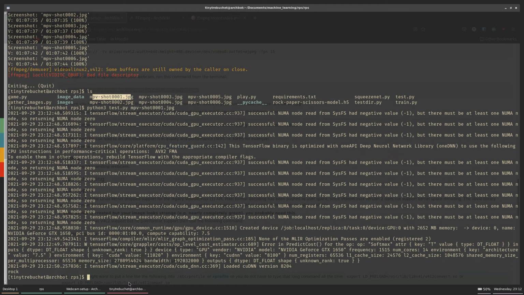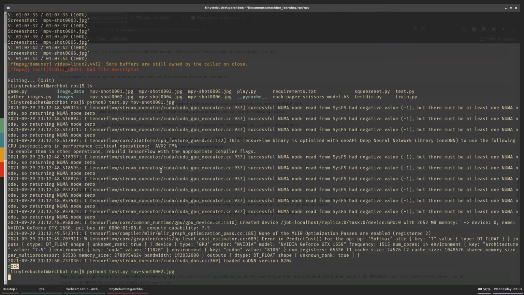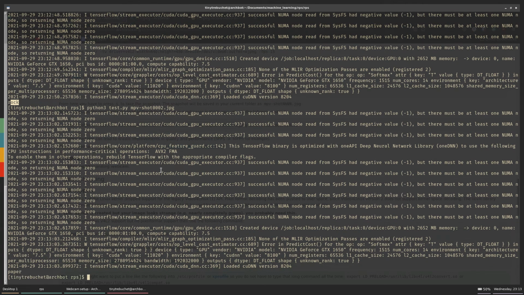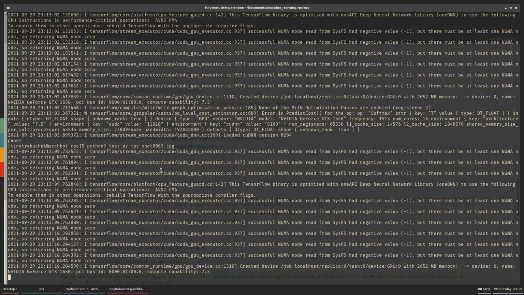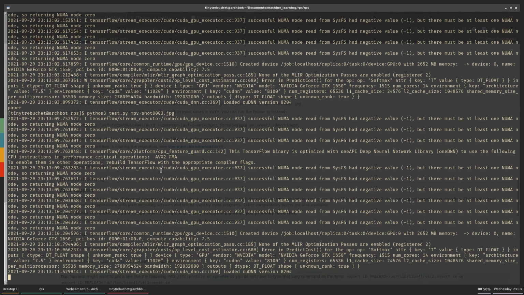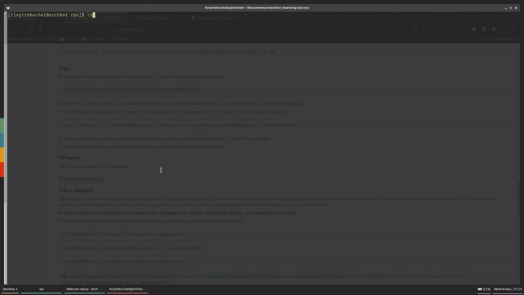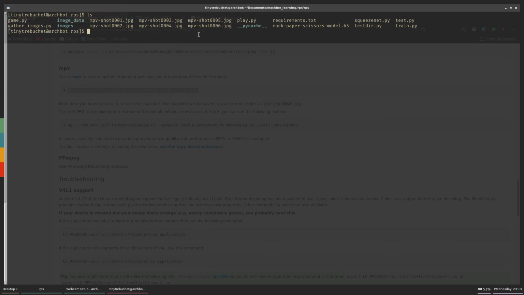And as we see, it predicted rock, and the first one was rock. We basically recorded rock, paper, scissors two times. Let's try the second one too, and it should give us paper, hopefully. And there we go, we have paper. Let's try the third one, which should be scissors, and let's just check it. And scissors. So basically, the model is correctly predicting the test images, and this is how our model works. The rest of the programs are not too useful.